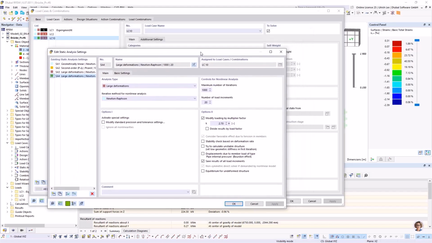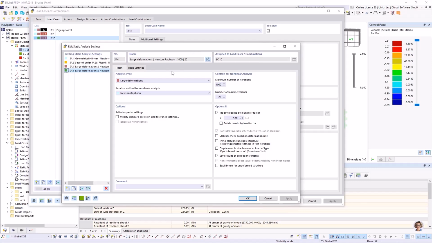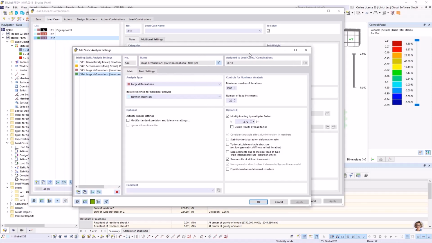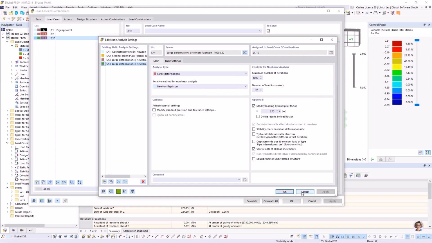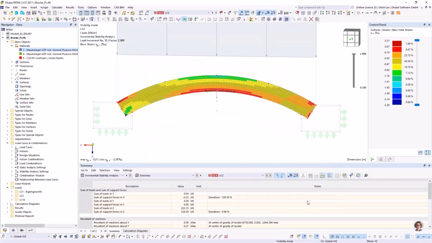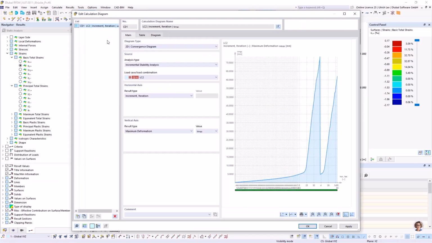Then you can do some tests, and the calculation does not take so much time, because when I take a look at this calculation diagram,